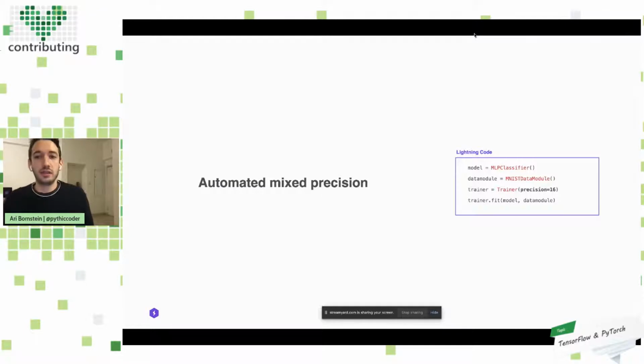We get a ton of other built-in amazing best practice features as well. So one of the things that you can do when you're training a model, there's this concept of precision. Typically, when we have tensors or we have our data, they can be stored as 32 bits, or they can be stored as 64 bits. There are different levels of precision. But what we find is on many applications or many types of models, you can significantly reduce the amount of computation time and compute by reducing the precision of your model.